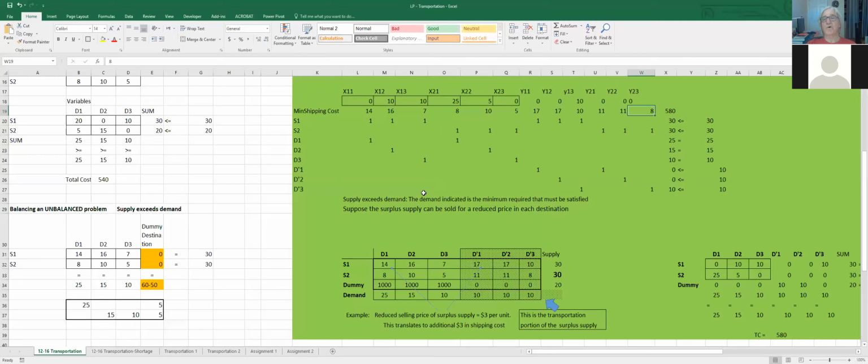So I added more decision variables to the problem that represent shipments over and beyond the minimum required. I needed this because the unit cost of shipping those units is different than the unit cost of shipping these units. So now I have a larger problem to solve. And the objective function, you understand, has more coefficients. These are the new coefficients. The constraints didn't change. These 3 represent shipping from